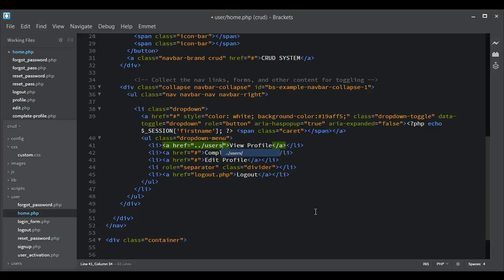to the users folder, then we add profile.php. But now what we want is, whenever the user clicks on this link, what we want to appear is profile.php. Then attached to this, we want the user's first name to appear. So just like the way we did when we added the link for the key